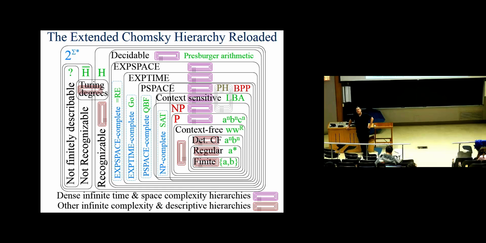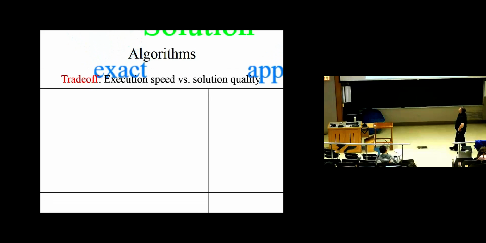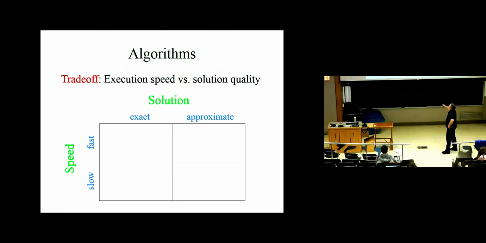So it's not all bad news in terms of NP-completeness. And back to the first bit of good news, some NP-complete problems have approximation heuristics that are very good, and we're about to talk about that. When it comes to algorithms, you can have speeds that are fast or slow, and you can have solutions that are exact or approximate. Ideally, you want an exact solution fast, right? You want a solution that's short and sweet,